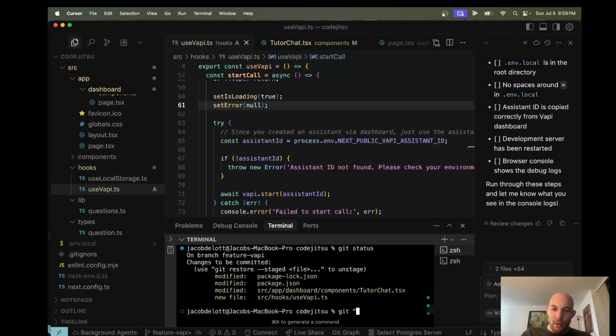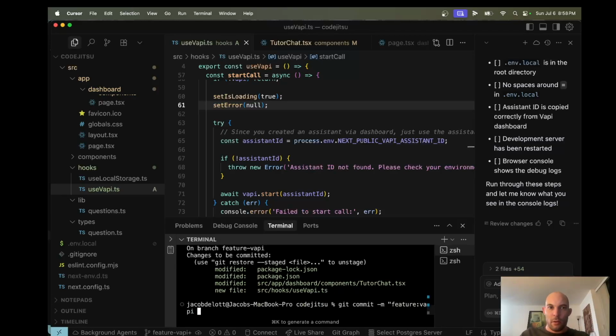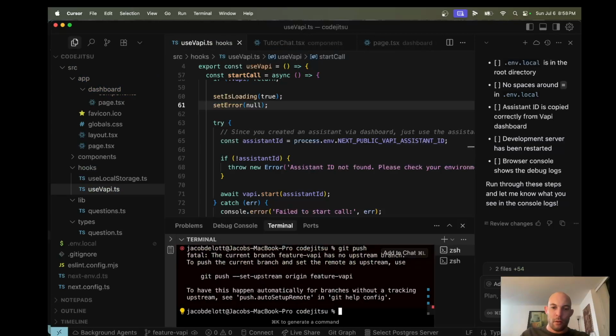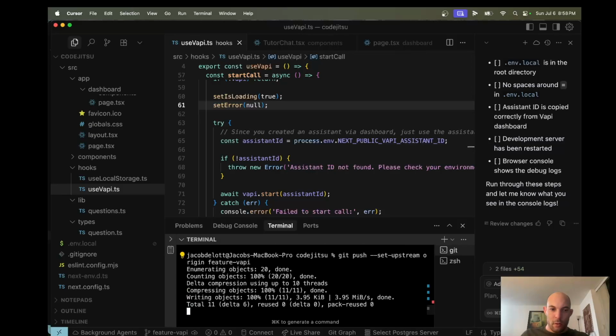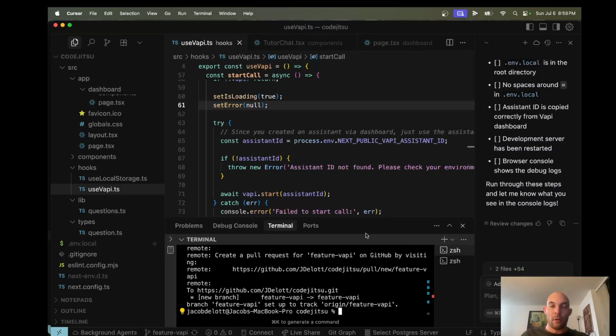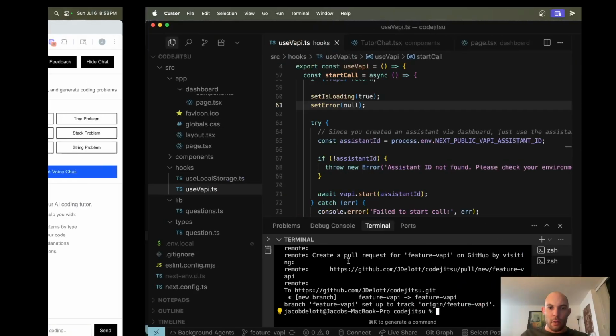So git commit. Cool. Okay, wonderful, right on. Well, yeah. So now